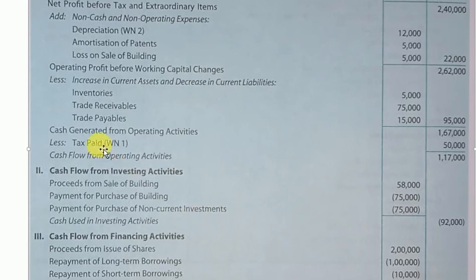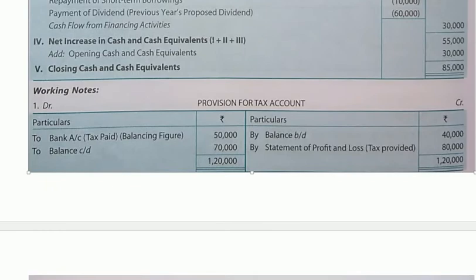So you can see here the decrease and increase of current assets and liabilities. Inventories was increasing, so it is to be subtracted. So less inventories 5,000, this should be put in bracket. Now let us see the next